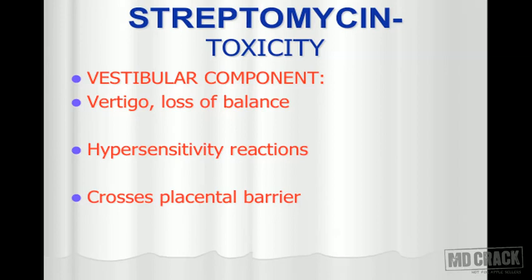Streptomycin also crosses the placental barrier. That's important to remember. And let me add, it also crosses the milk barrier. The significance of crossing the placental barrier is important. I would like to remind you that streptomycin is in pregnancy risk category D. So it's going to be highly toxic. As you go down A, B, C, D, E, as you know, the drugs are more and more toxic in the pregnancy risk category. So streptomycin will be fetotoxic, and it's in pregnancy risk category D.